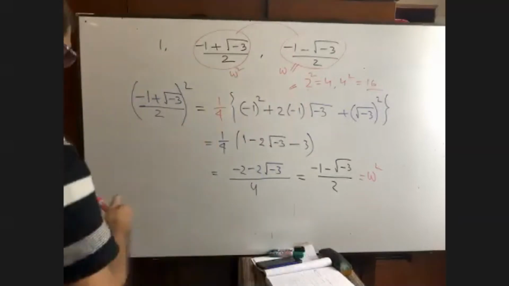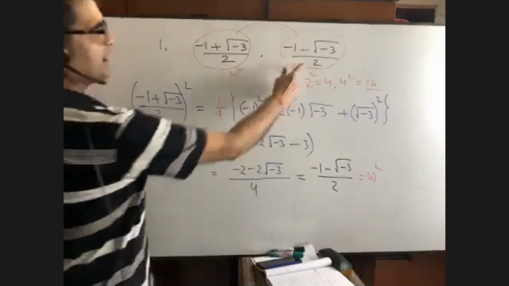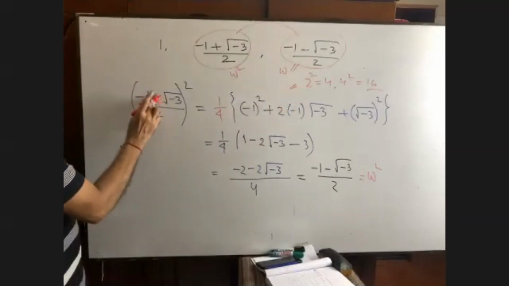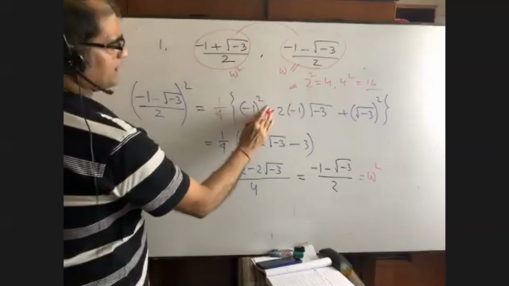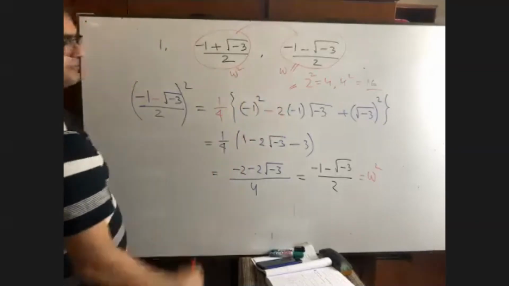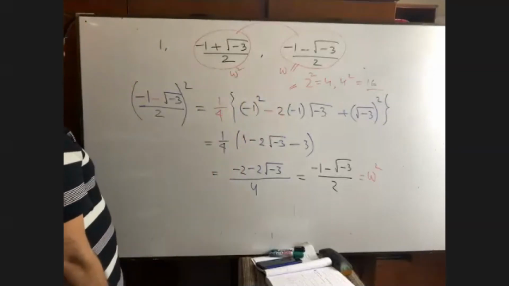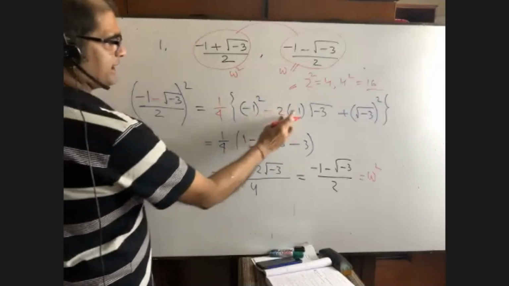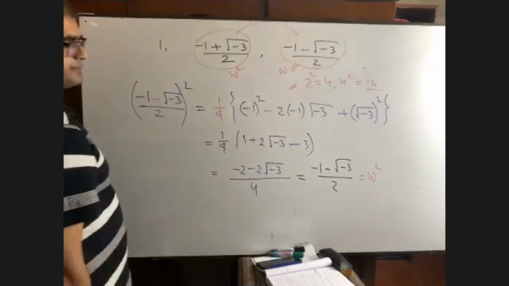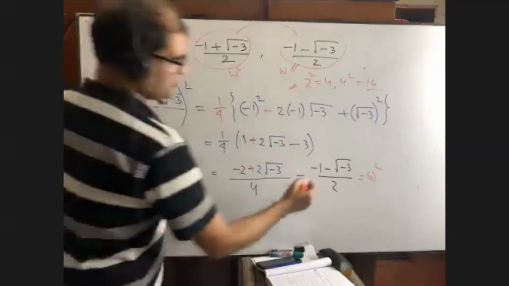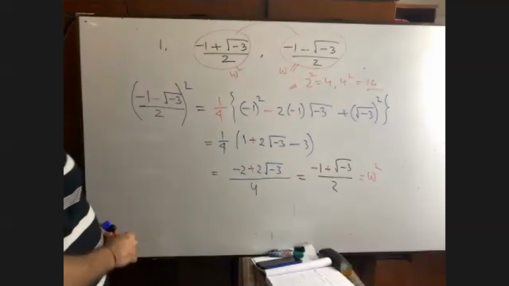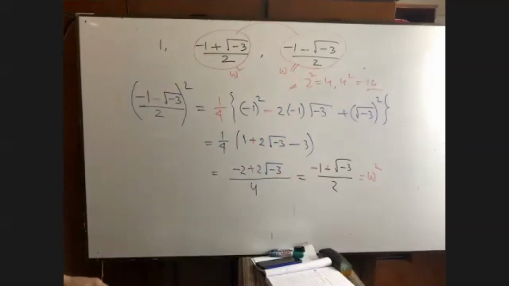You see again. Suppose I am going to take this as omega. So what will be here? Minus. What will be here? Minus. What will be here? Minus, minus, plus. So it is plus. I think you have got it. Very interesting fact in maths.